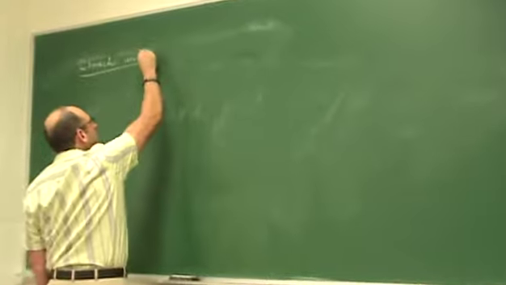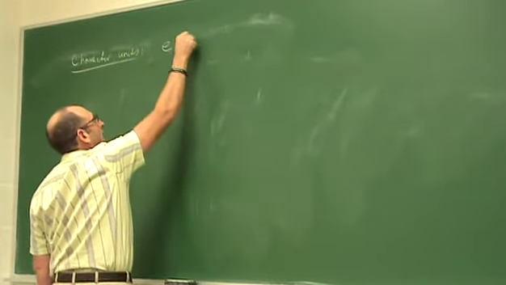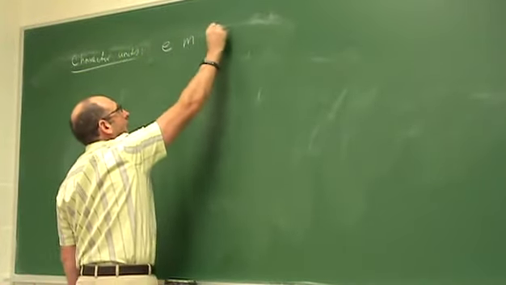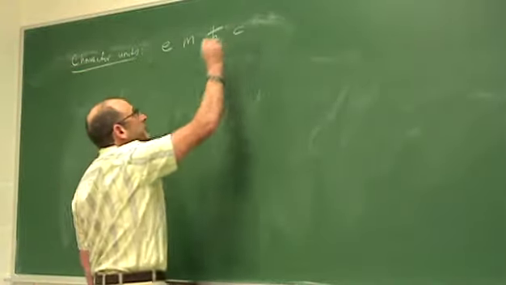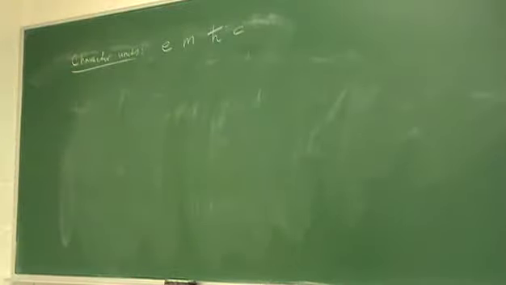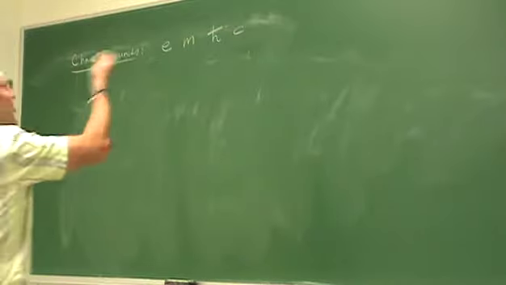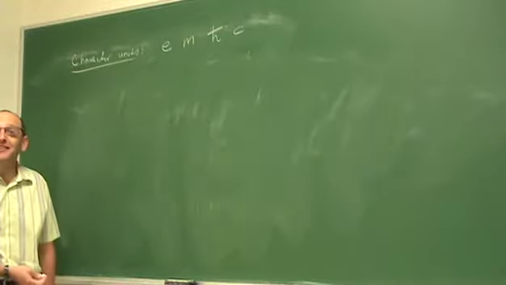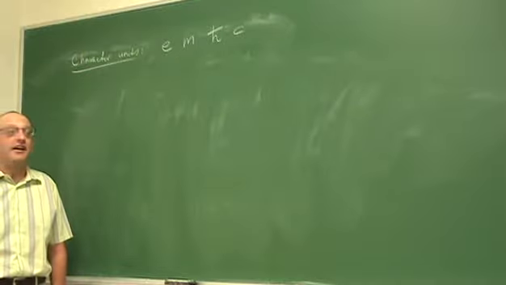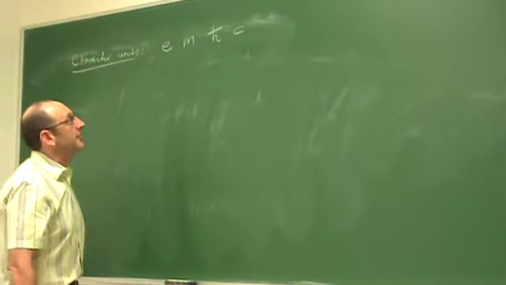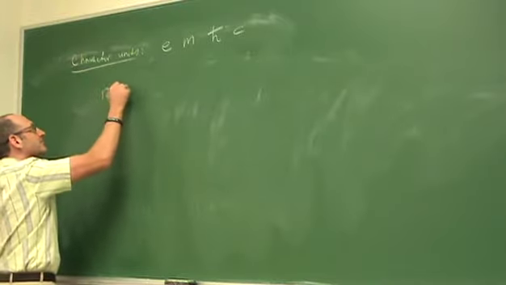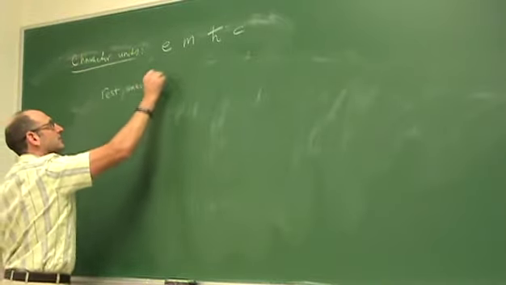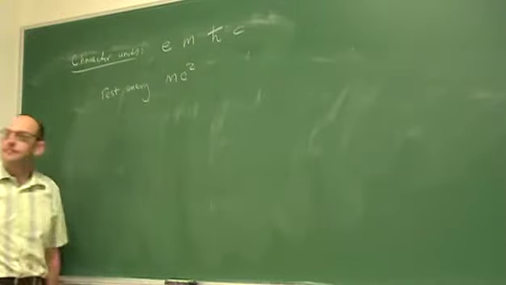We started with fundamental constants. We had the charge, we had the mass. We were talking about quantum mechanics, so we had h bar. Now we're including relativity, so now we got c. So we can ask ourselves about other scales we can make out of combinations of these different constants. Of course, we have the rest energy, mc squared.